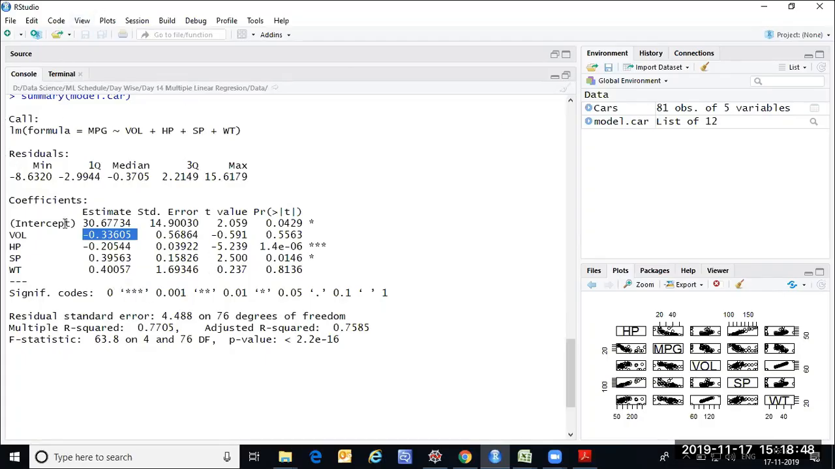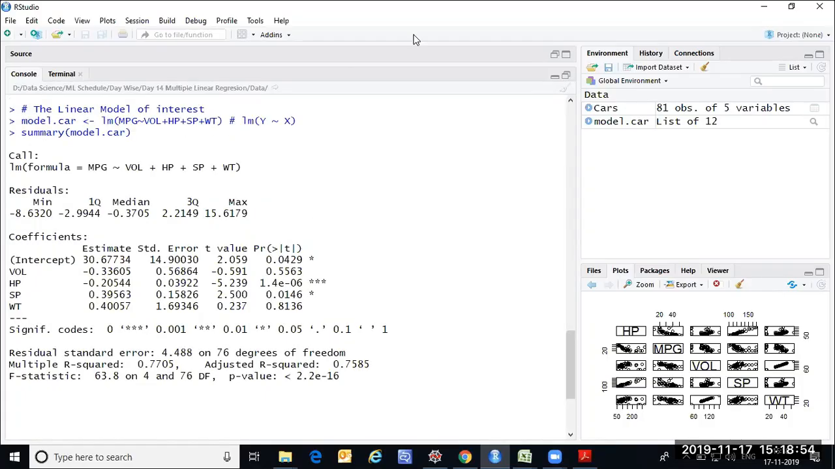But by making use of these coefficients, let's say if all of them are significant, what is the equation you are going to frame? What is the regression equation that you're going to frame? Your y, nothing but MPG, is equal to beta naught. What is beta naught? We need to take these estimated values. 30.67 plus beta 1 x1, right? Here, what is beta 1? Minus 0.3360